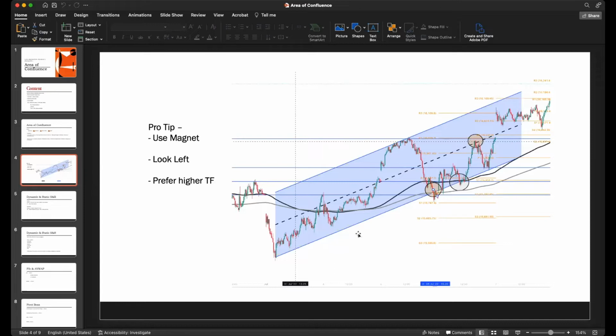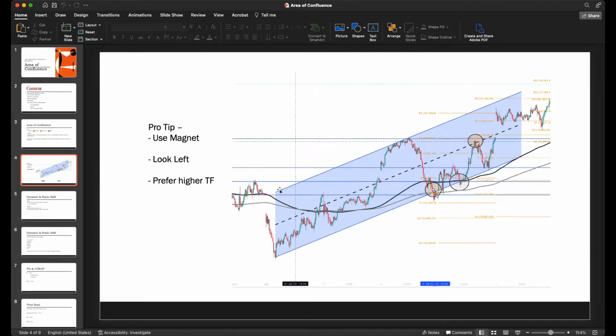Here I have used a parallel channel, Fibonacci pivot points, and also a moving average. And these are the horizontal lines. This is actually a reference point drawn considering the previous historical values. The basic aim of drawing these is to go for a higher time frame and always look left, because looking left you get to see what was done in the past by major buyers and sellers. Based on that you're able to pick some of the significant points